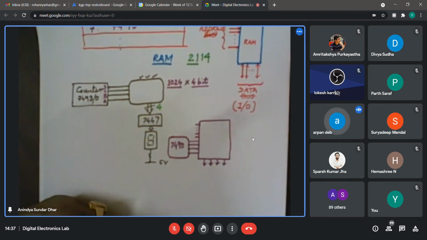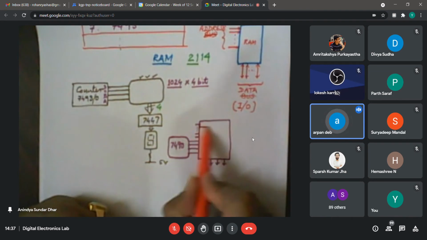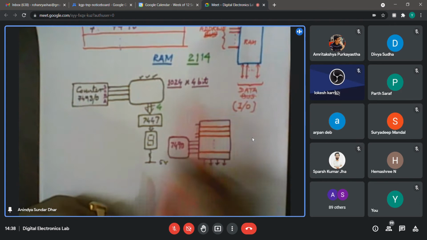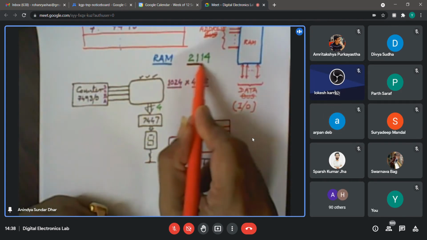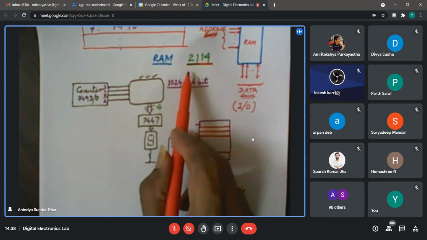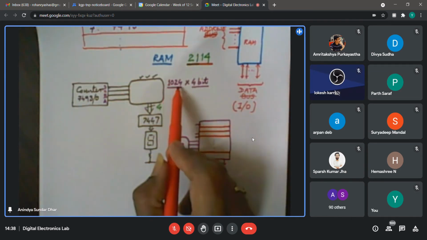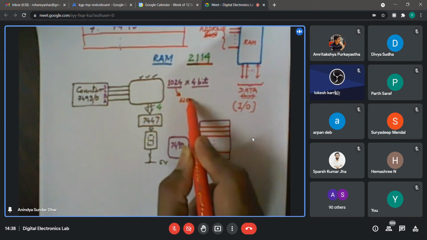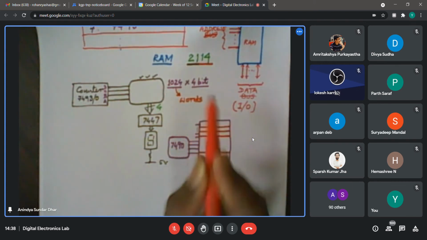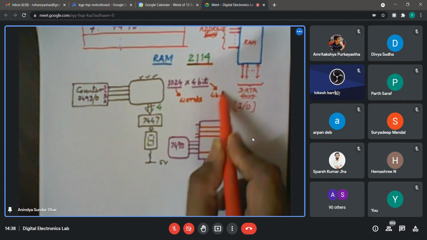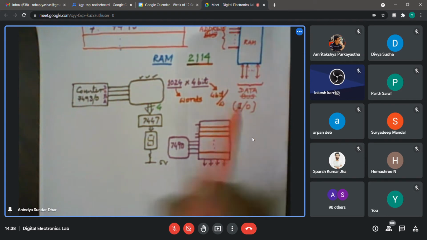Yes. Sir, in this RAM there will be 10 lines, right? So what is the significance of the 1024? That I didn't understand. A particular chip, that is the 2114 I am talking about. This chip, I am not talking about your roll number only. Such a chip can store 1024 words. Now what do I mean by word? So 1024 words or 1024 locations are there, and each word is 4-bit wide. So 4-bit per word. Sometimes we write it like this.